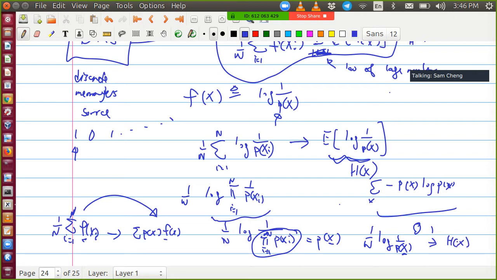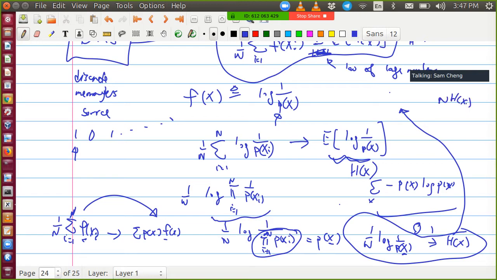Or we can flip the terms. Okay, I need more space. If we do an exponential on both sides, basically we multiply n on both sides and then do an exponential on both sides. Or maybe we do an inverse first. Let's see.